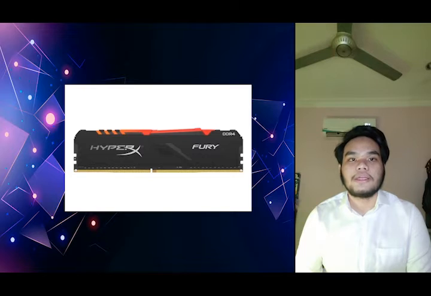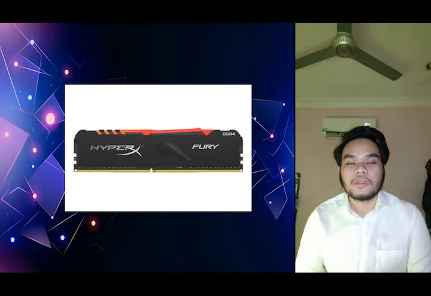Okay, next is system memory, which is RAM. For the system memory, we choose Kingston Fury X RGB 8GB 2666 MHz D4. We choose this RAM because it's suitable for our processor, which is AMD Ryzen 5 3600. Kingston Fury X